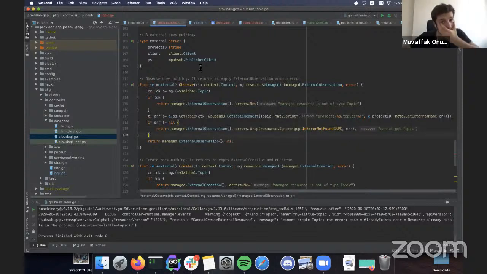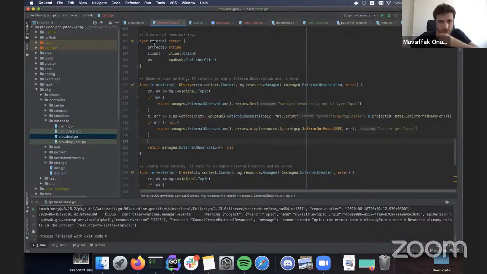All right, so we made the right observation and returned resource exists false if it is not found. But if there is no error, it exists and it's there, so we will not go into this if statement.